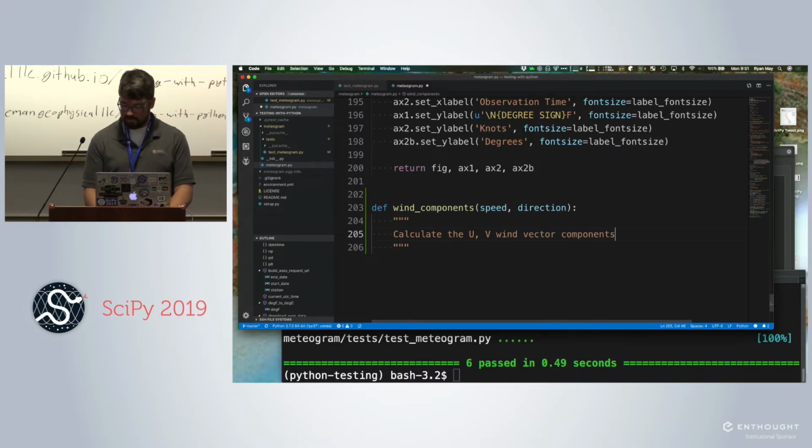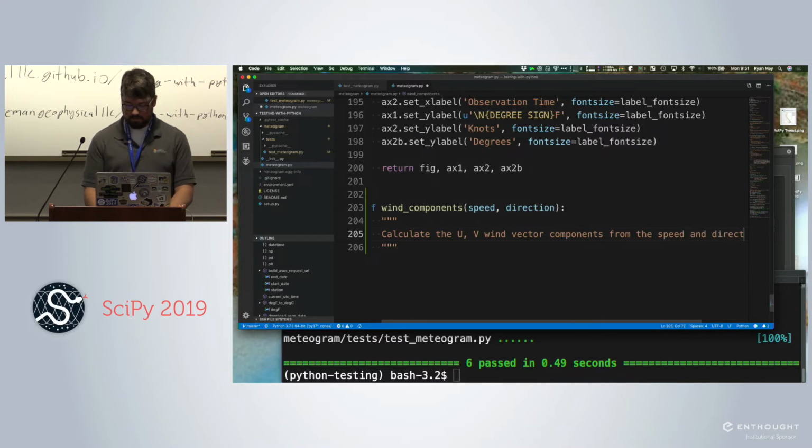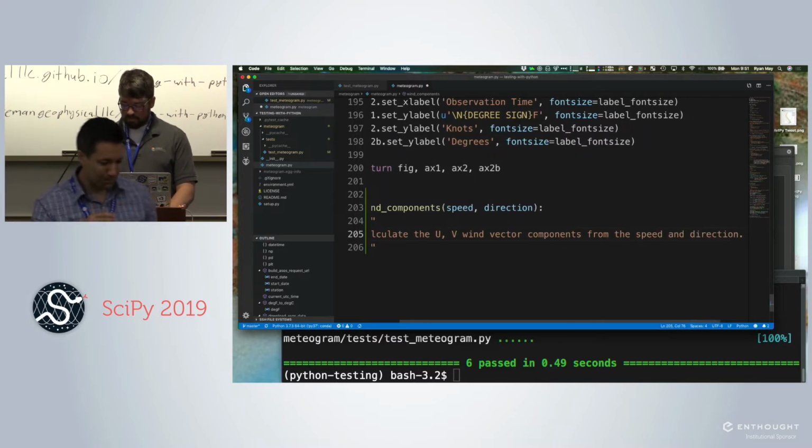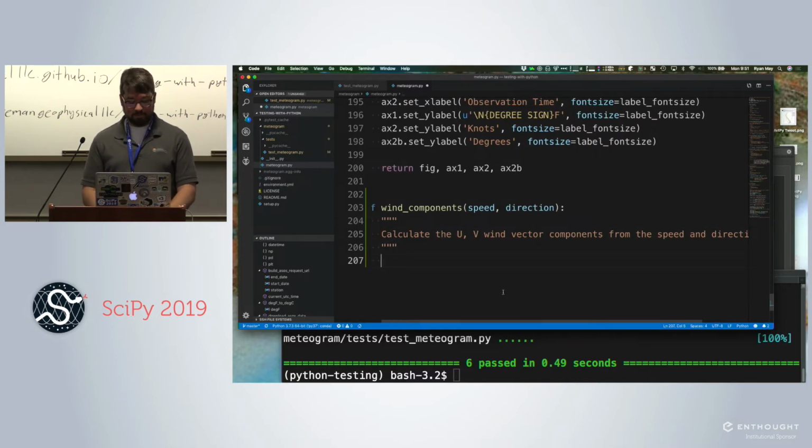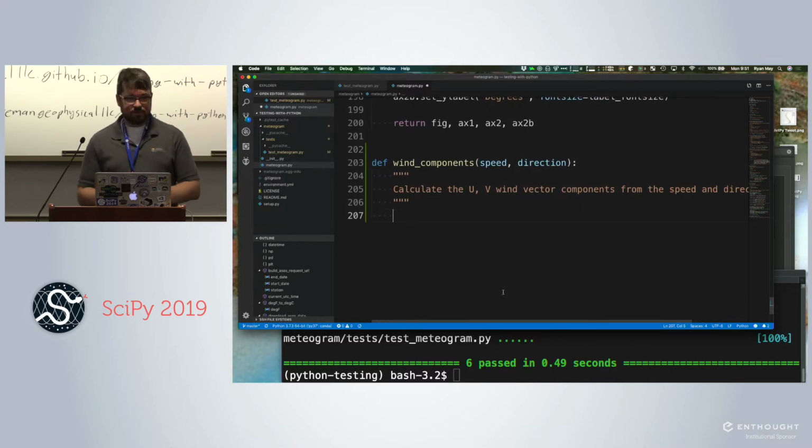Vector components from the speed and direction. And I would probably put a lot more in that doc string, like the formula and so on, but to save us some time and so you don't have to watch me type documentation, we won't do that here.